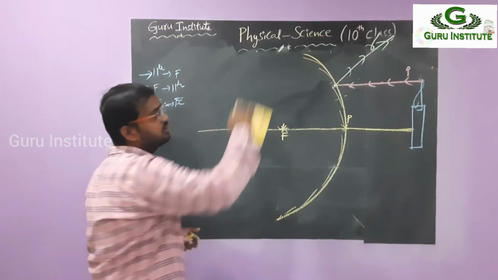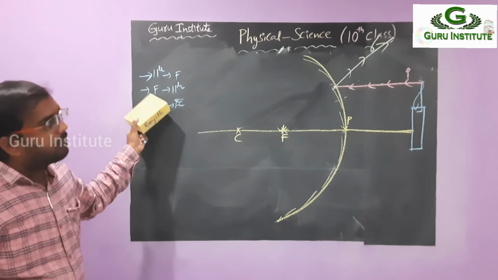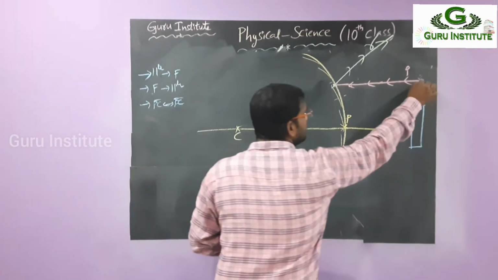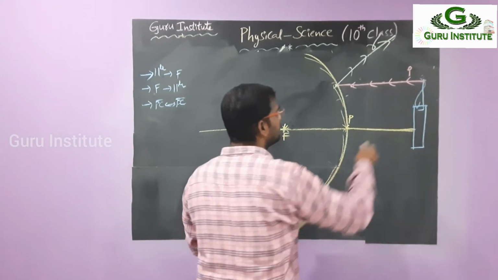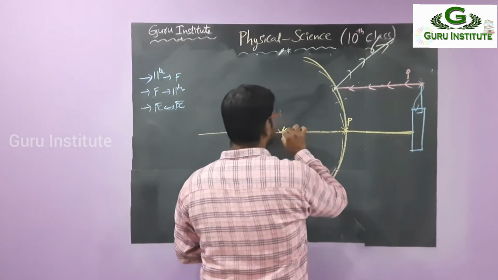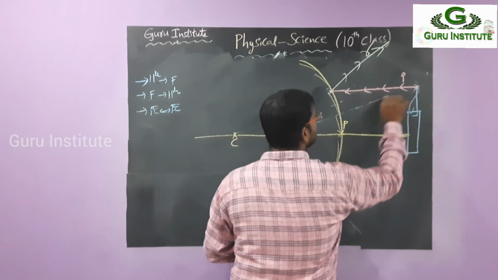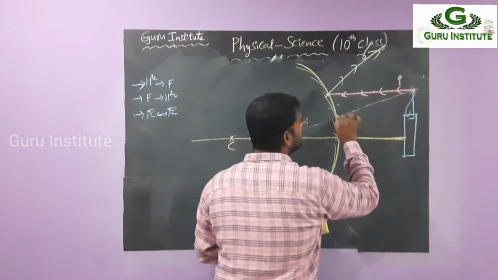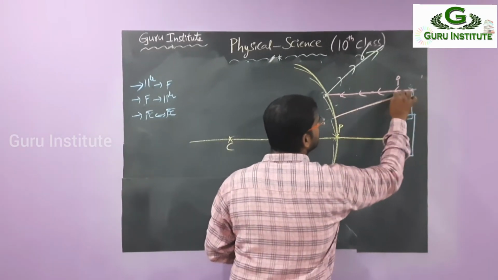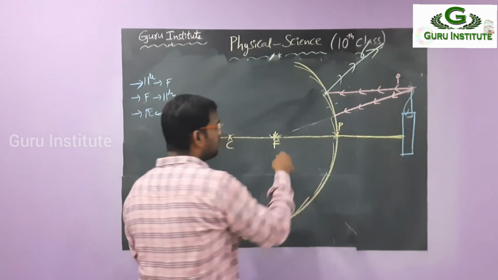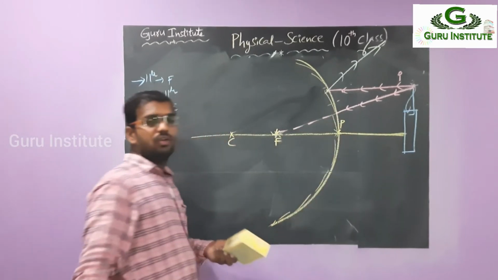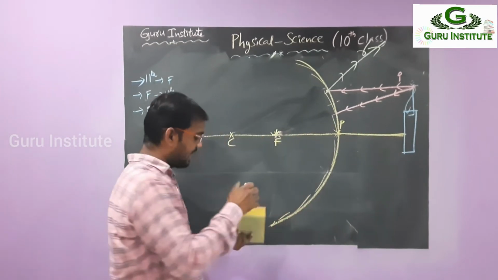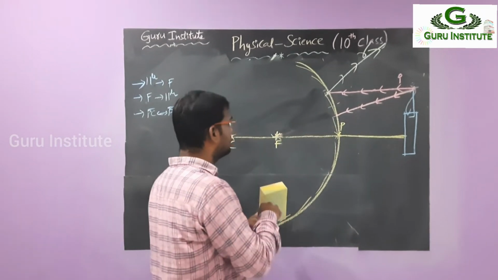What is the second one? Passing through the focus, parallel to the principal axis. This is the focus point and this is the starting point. So from here we take this ray. Now observe, this is directed toward the focus. It is not actually passing through the focus, because it is a dotted line inside. So then the reflected ray is parallel to the principal axis, and we simply draw it parallel like this.